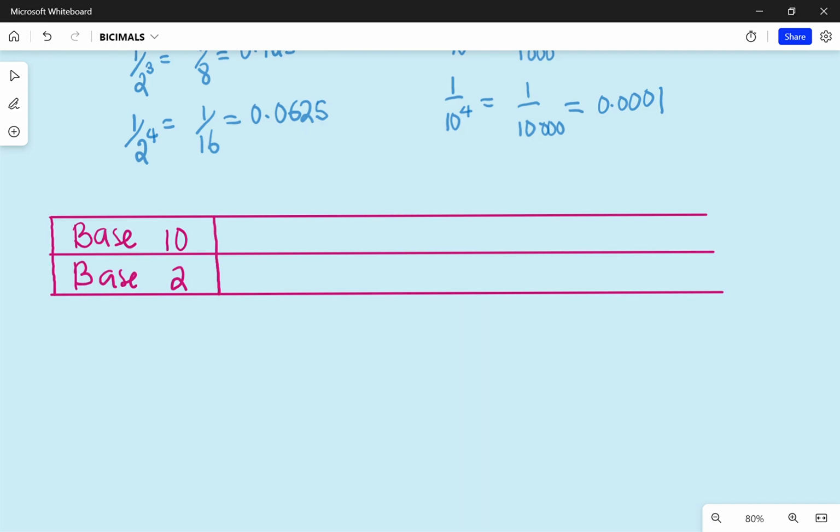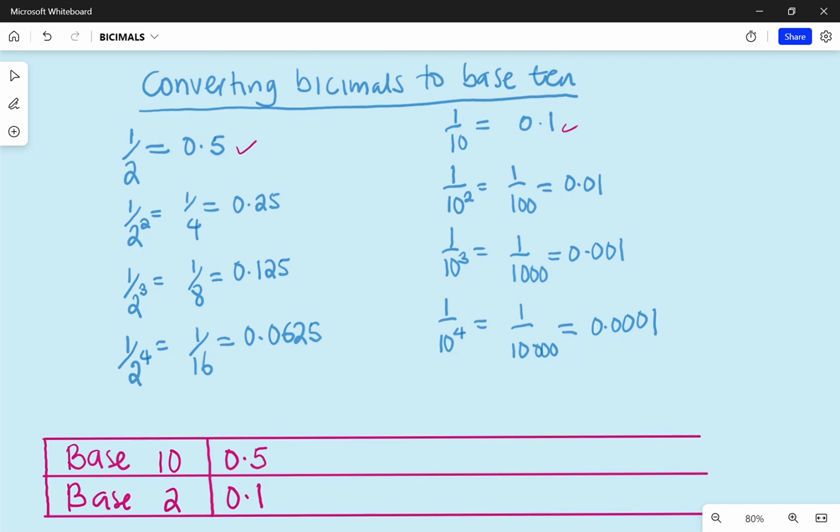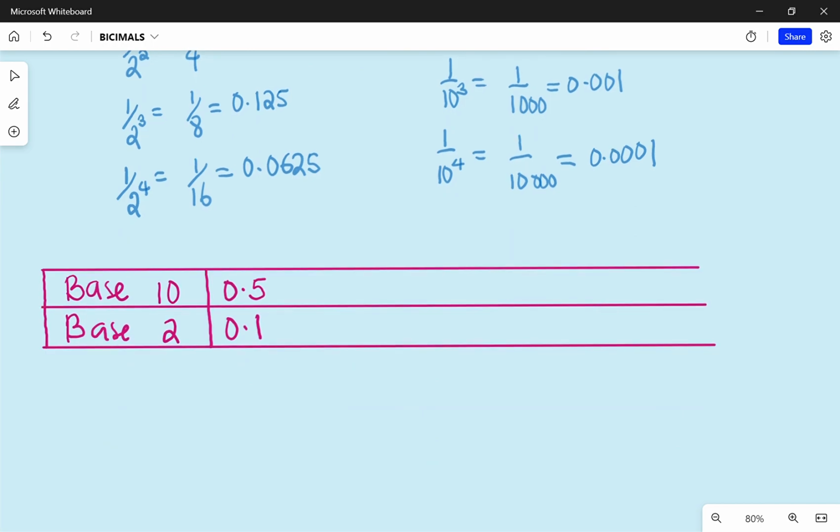Okay, so here if I have 0.5, this is a base 10 number, this is equivalent to 0.1. Okay, 0.5 is equivalent to 0.1. From there, 0.5 to 0.1. Now, for me to come up with the subsequent numbers, I'm going to say, okay,